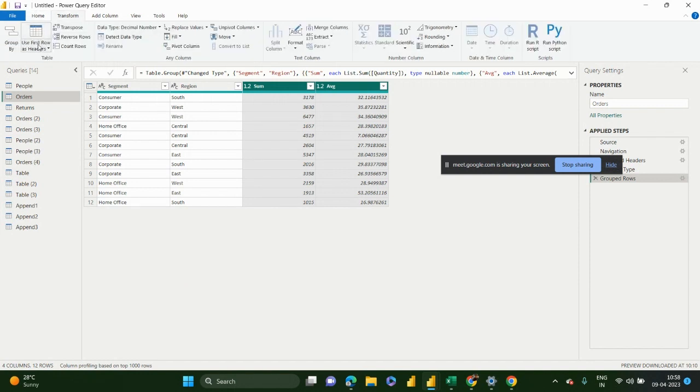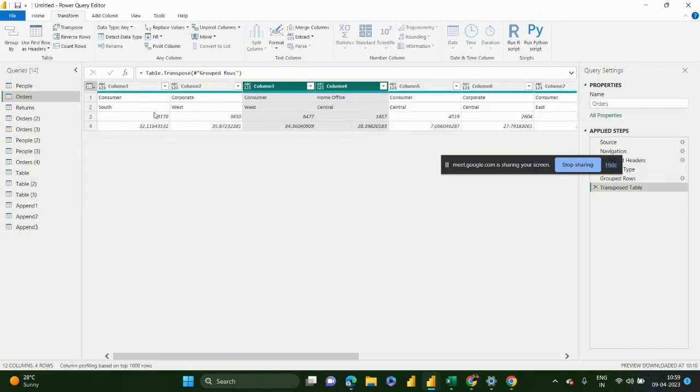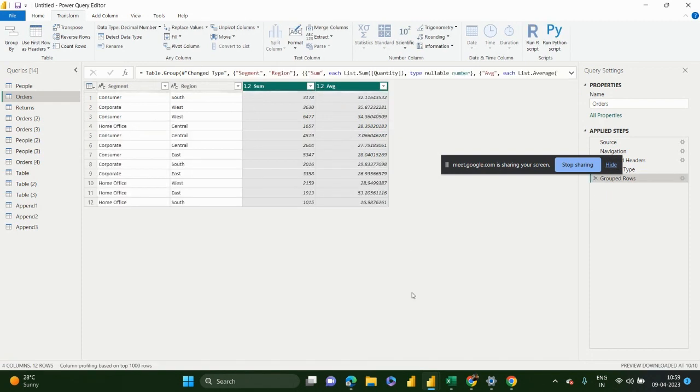Then you see the same option, use first row as headers or use headers as first row. We have seen that, right? Then you have transpose, just like Excel. All of you must be very well versed with Excel, so you must know this. If you click on this transpose, the table shifts by 90 degrees, and it doesn't really look good in this case. But what would be a good transpose would be, let's